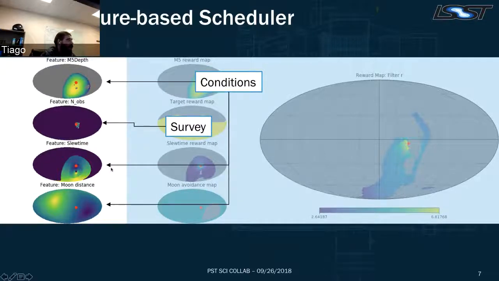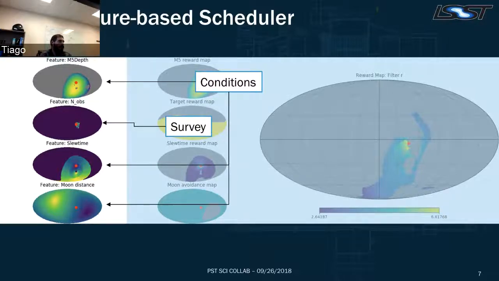After that, we have the slew time. Here we are mapping how long it will take to go from the current position of the telescope to some place in the sky. You see there's this ring on that feature. That's because if we change the altitude of the telescope by more than 9 degrees, we have to realign the optics, and that takes 35 seconds. So we have this discontinuity on the slew time map, which is where we need to align the optics again. The last one we are showing in this figure is the Moon distance. It's just computing how far the Moon is